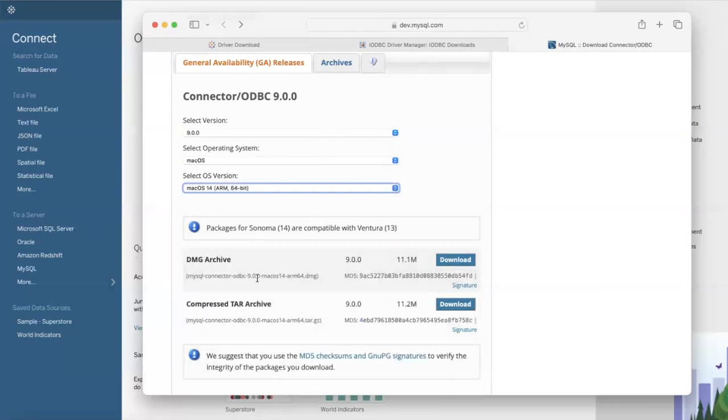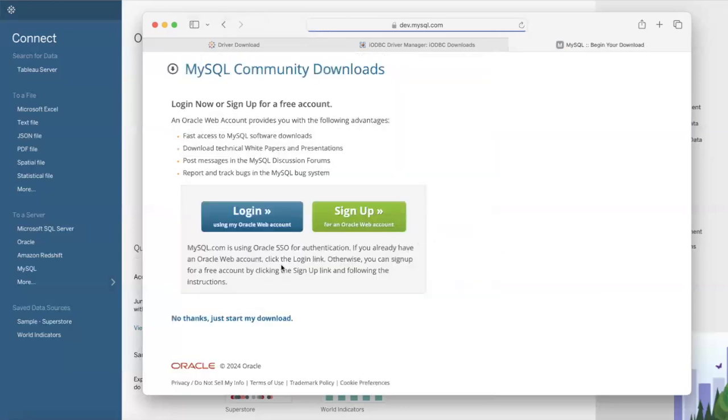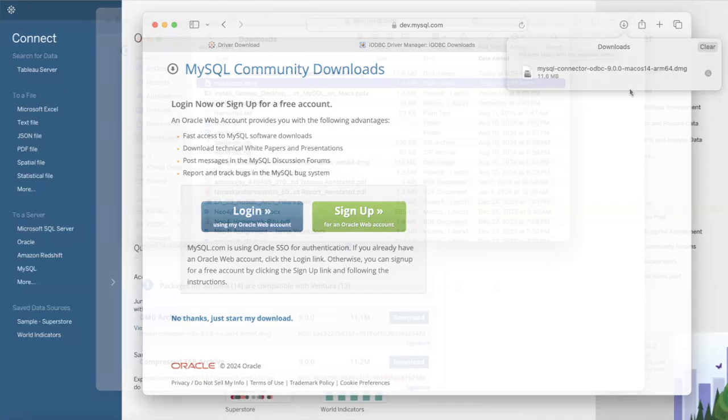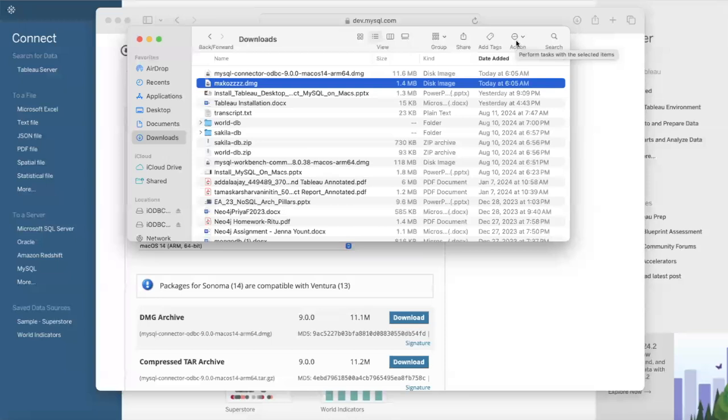So let's go and download the correct version. I'm not going to log into Oracle. I'm just going to say no thanks, just start my download. Okay, my download is finished. And so now I have 2 downloads that I can use. I'm going to go and look at my downloads folder. The first thing I need to install is